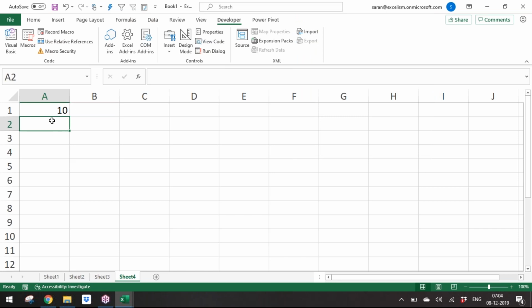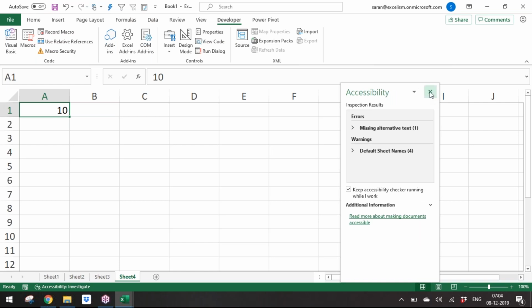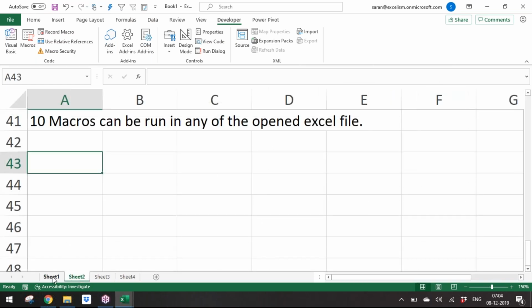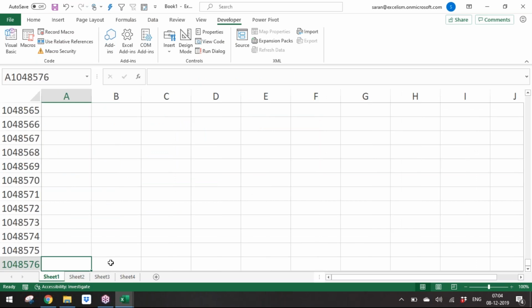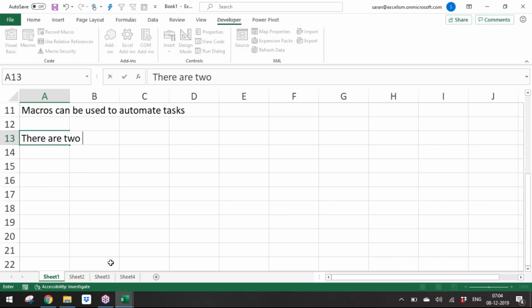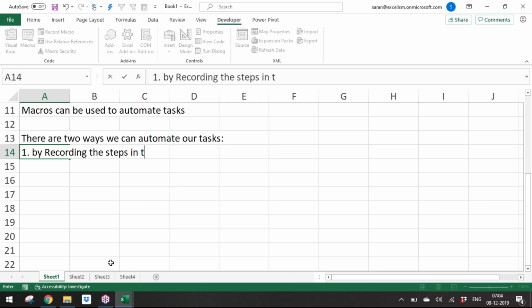So what Excel is doing now, at the back end, it is recording the macro. How do we go and check the back end macro, whatever the coding? Excel is writing the macro in the VBA language, right? There are two ways we can automate our tasks. One is by recording the steps in a macro. The second one is by writing VBA code